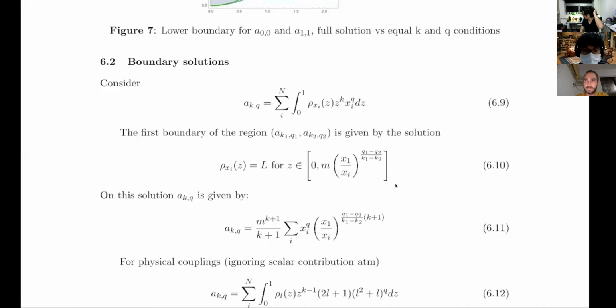Okay, why don't you go ahead? Okay, so yeah, so I'm looking at this thing,